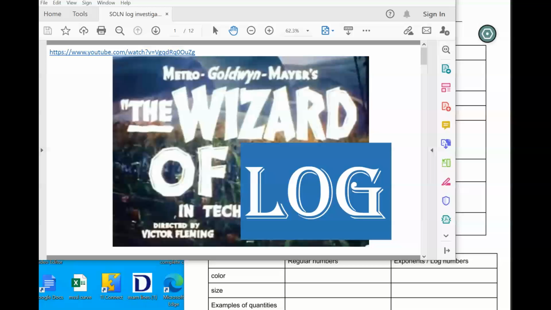Okay, this is the investigation for logarithms. I call it the Wizard of Log. I actually have